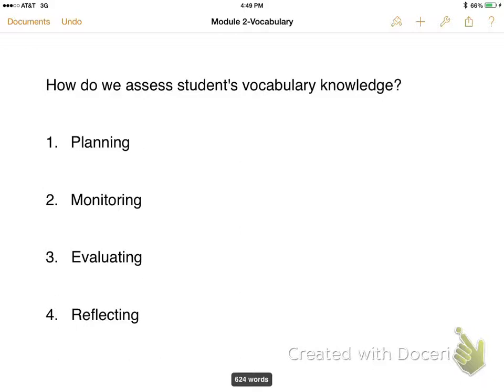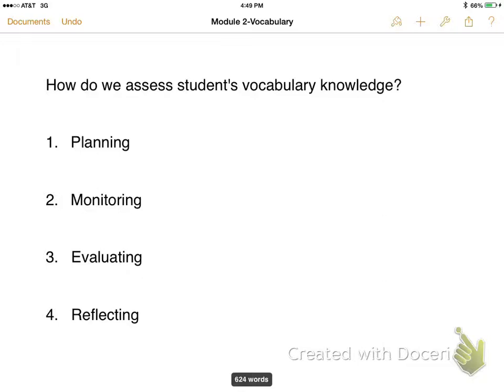Okay, so planning. Planning your words, letting students self-identify words that they don't know. That's one way. Also, by letting them self-assess words they don't know. Planning ahead so that you can provide them the words and allow the children to say, I don't know this word at all, or, I've heard this word before but I don't know the meaning, or, I know one meaning of the word and I can use it in a sentence. Okay, this goes back to what we talked about: no word knowledge, initial word knowledge, partial word knowledge, full word knowledge. Letting the children say how they know the word and give them planning as you assess what